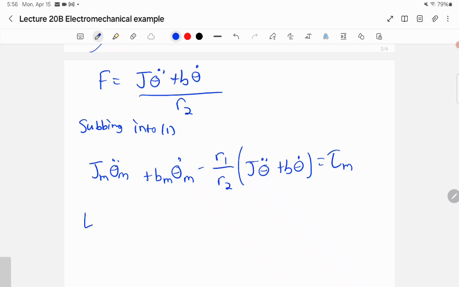and just like we did before, we're going to let R1 over R2 equal to N, and because of the gear relationship, gearbox,